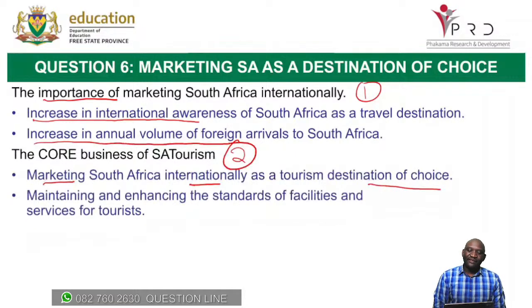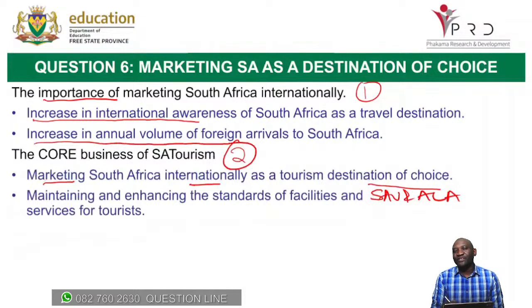Maintaining and enhancing the standards of facilities and service for tourists. When people are in the country now, and we've promised them that we've got 5-star hotels, how do you know that this is a 5-star hotel? How do you know that this is the best that you can produce in terms of the attractions? Therefore, SA Tourism works with industry associations to make sure that the best is delivered to people. When it comes to vehicle rental, they work with SAVRALA, which is the South African Vehicle Rental and Leasing Association. They can also work with TGCSA,